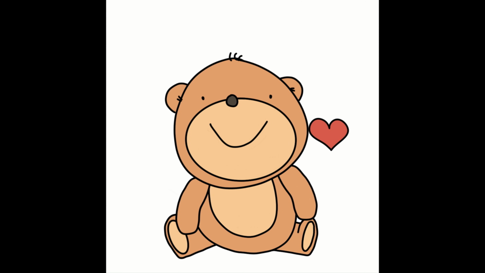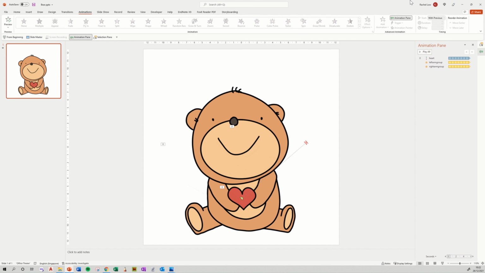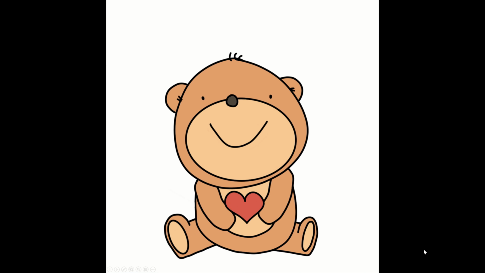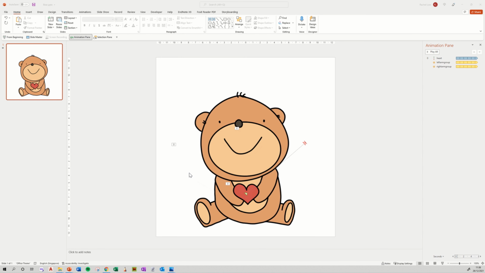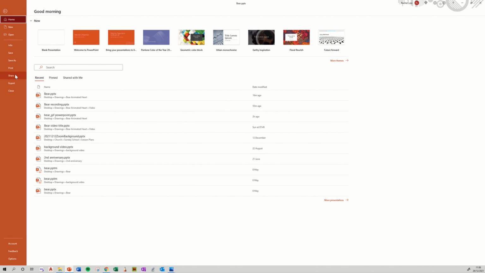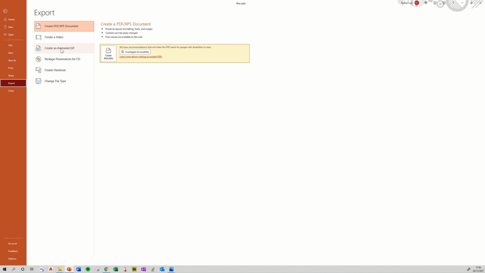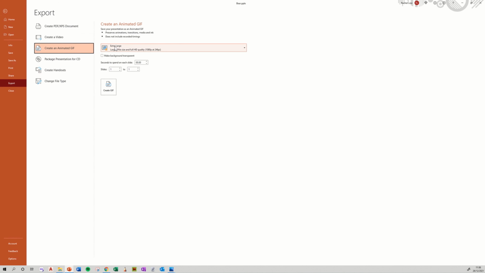Maybe 0.75 is too quick. Let's bring it to 1 second. That's much better. To export your bear, go up to the File tab, click on Export, create an animated GIF,